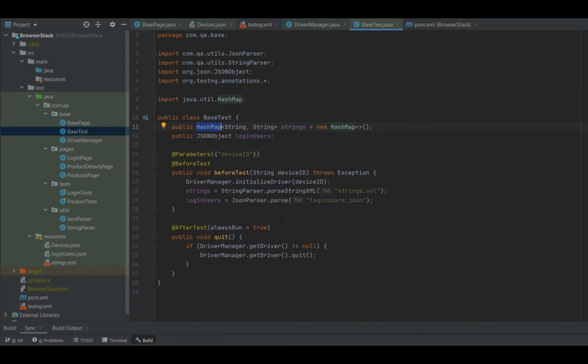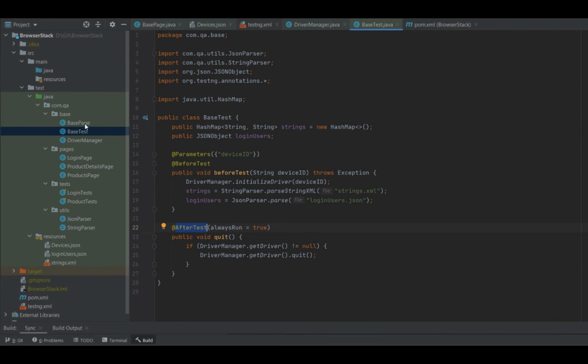And we are using this particular method from the JSON parser class to fetch the login users, and we are storing it as a JSON object. Then we have the after test method, wherein we are basically quitting our driver.